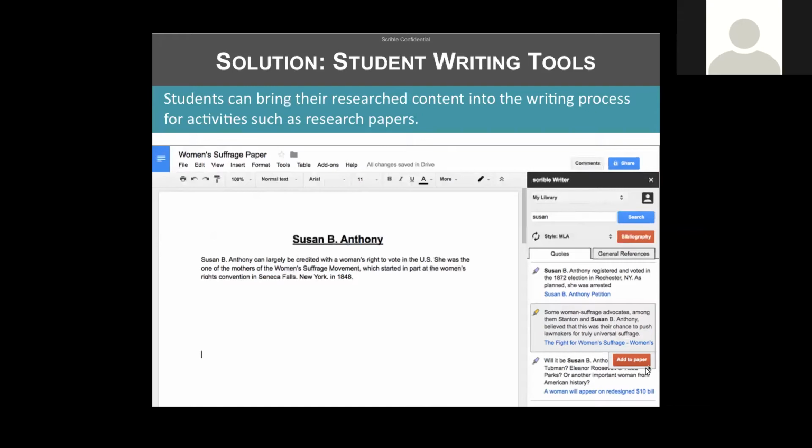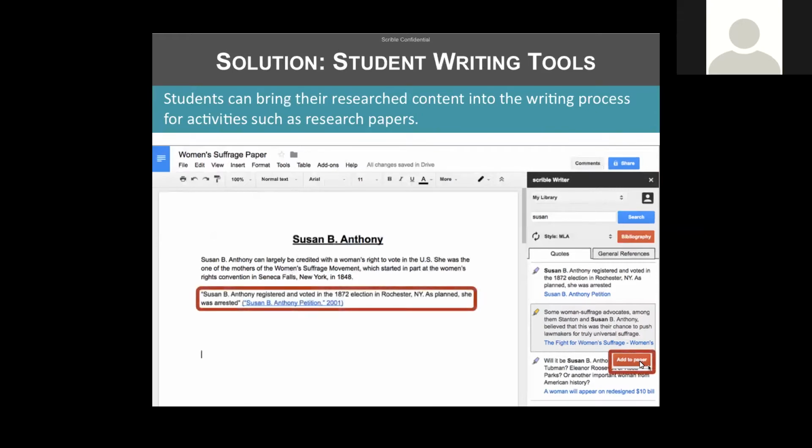And then if you actually clicked on this sort of add to paper option, you would take that piece of evidence and insert it directly into the paper and insert an in-text parenthetical citation at the end. So I know we're a little bit in the weeds here, and let me take a step back and say